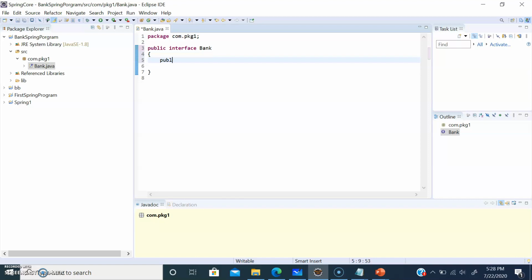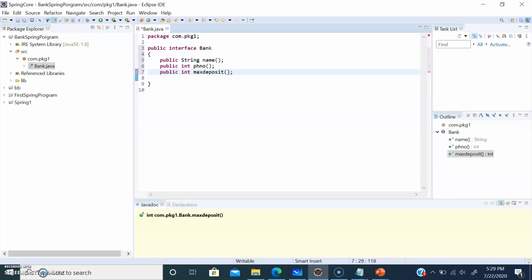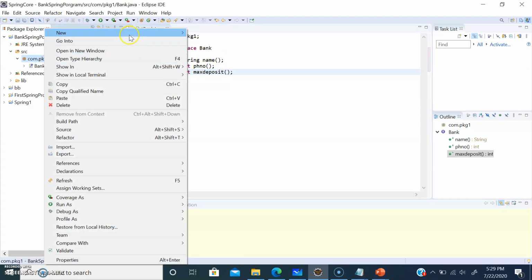Let me have a method public String name, and then public phone number, and then public maximum deposit. So I have three abstract methods inside the interface Bank.